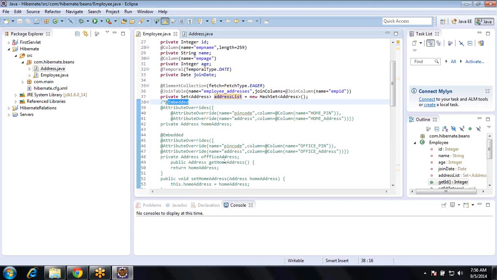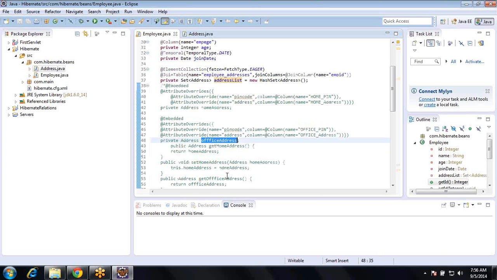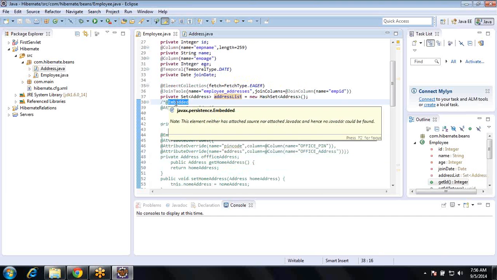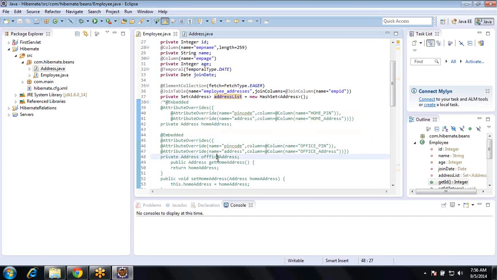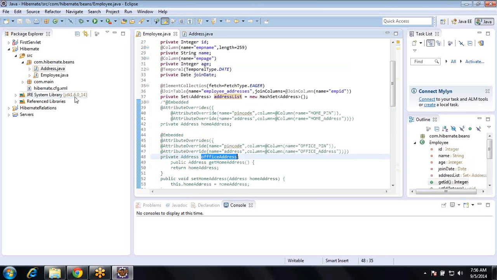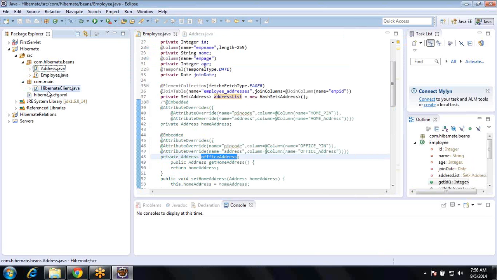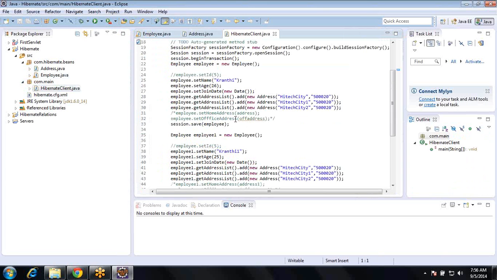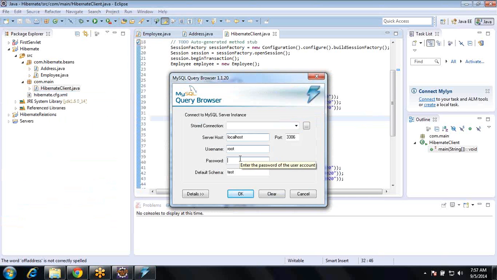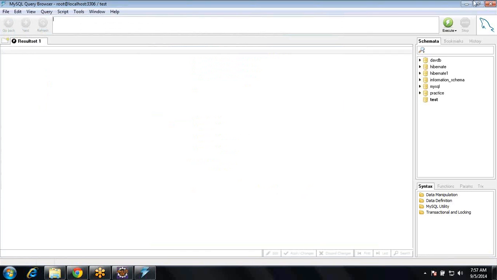So what happens is I have the setter and getter for the address, right? And I make the office address embedded, and then the Address class, I make it embeddable. I have to use the Embeddable annotation, right? The client program you already know, right? In the client program, what I did was set office address equal to office address. So what happens in the database? It has created the table,